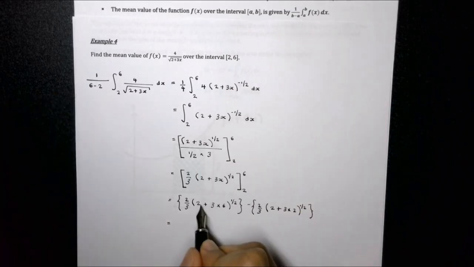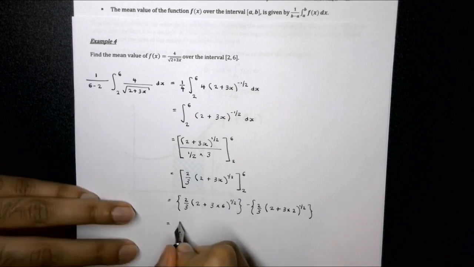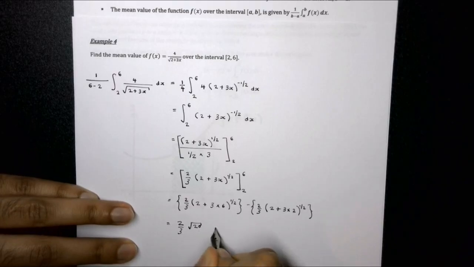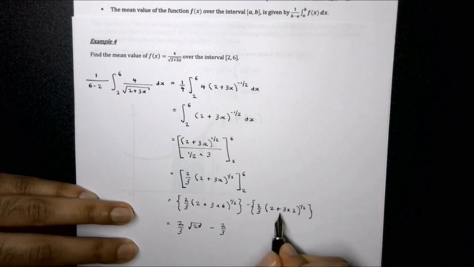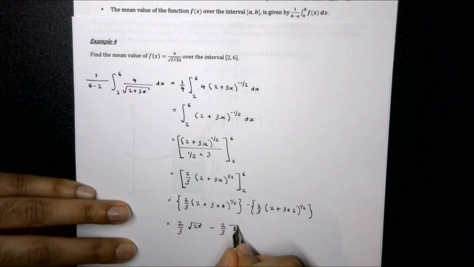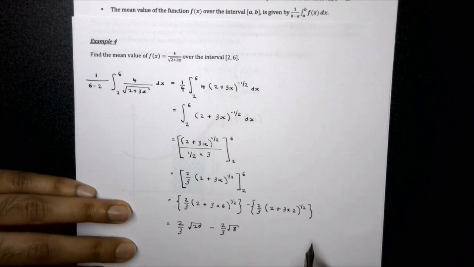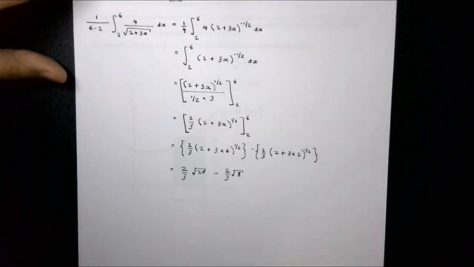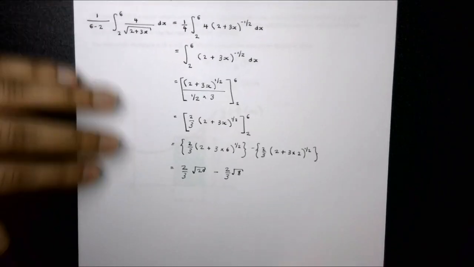So if we work this out, well, we've got 2 plus 18, which is 20. So we've got 2/3 times the square root of 20. And then we subtract off 2/3 times, well, here we've got 6 plus 2, which is 8. So we subtract off 2/3 root 8. And now if we simplify all of this,